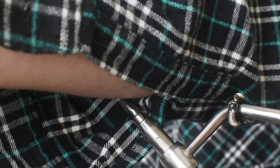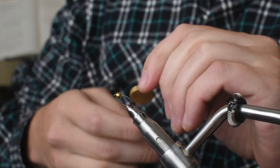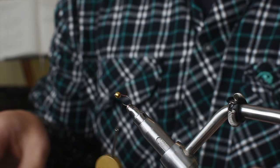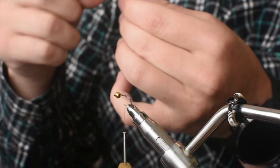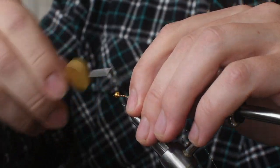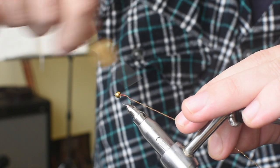You can also go one more time through, use tinsels and other things, or just thread, use a colour thread. So I might this time omit the tail fibres, because I think they're not really that noticeable because they're tiny and they create drag anyway. And I'm going to tie in some actual crystal flash material. And work this one. I'm going to get this one further down into the bend of the hook, and then